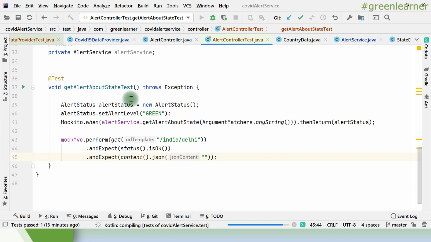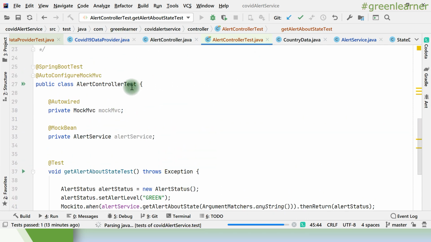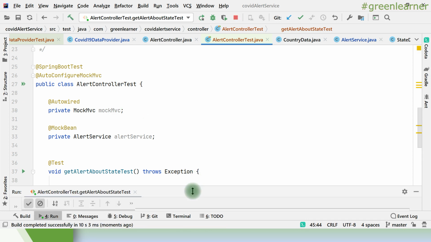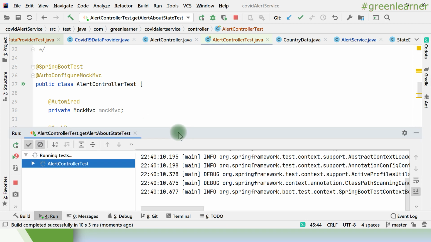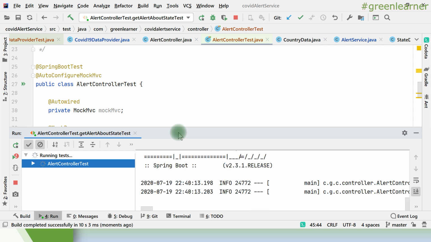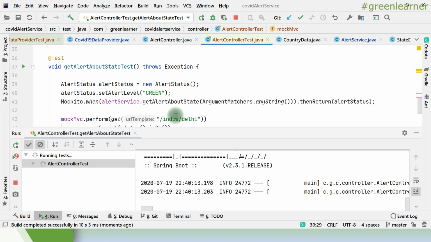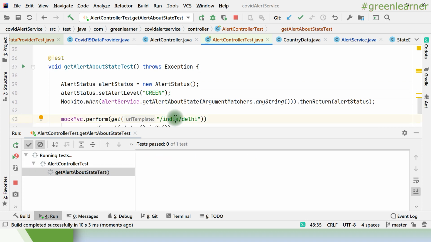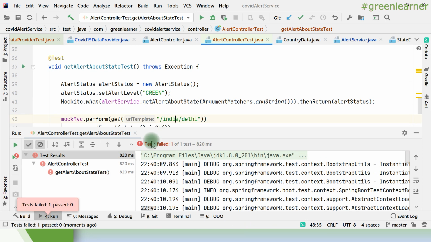So the difference between this test and the other test that we have written is that this is the integration test. Why am I calling this an integration test? Because it is actually going to simulate the server startup, context loading, and injecting all the dependencies, and calling the endpoint the same way that it is actually being called by the clients, right?